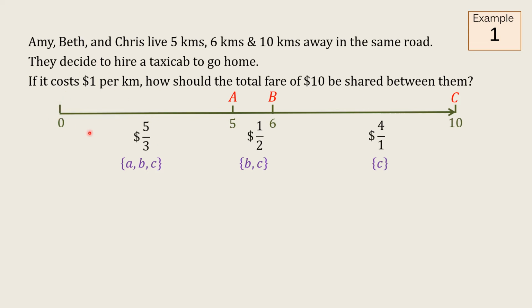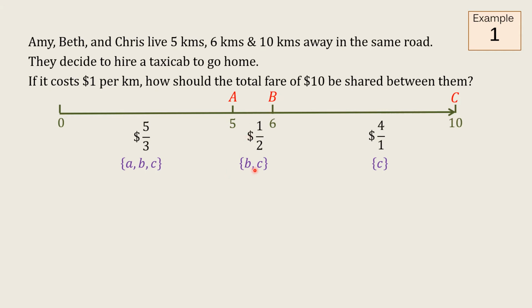So from the origin to this point A here, there are all three agents in the cab, and so it's fair if, since the total distance is 5, the fare is $5 until this point A here, and since all three agents were in the taxi, it's only fair that each of them divide the total fare 5 equally amongst themselves. Now at this point, agent A is dropped off, so from this point A to the point B, which is 1 kilometer,